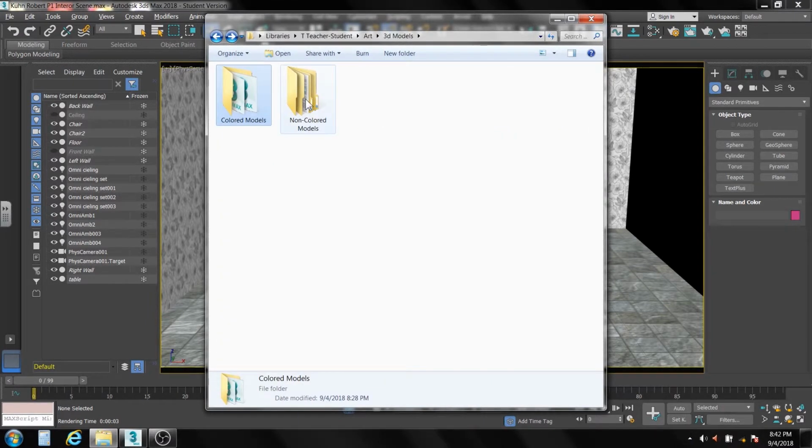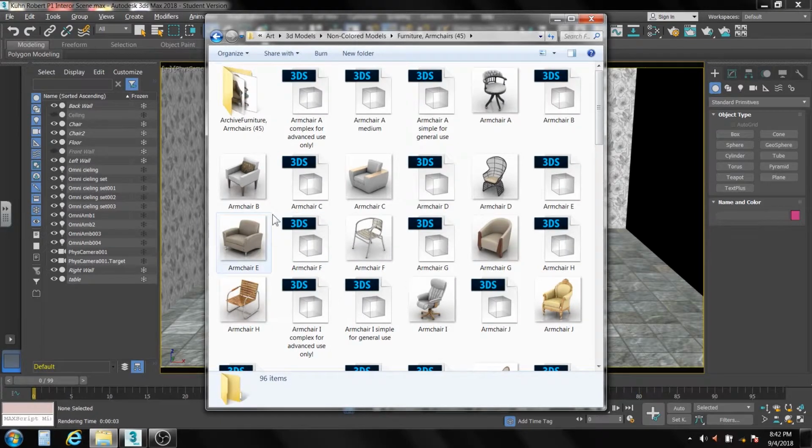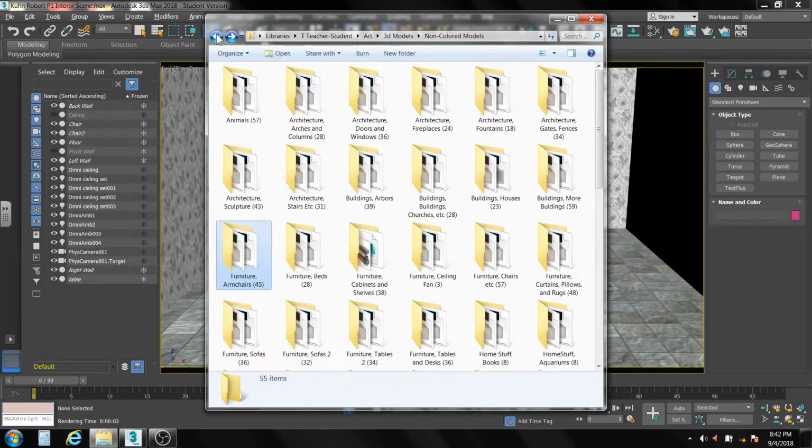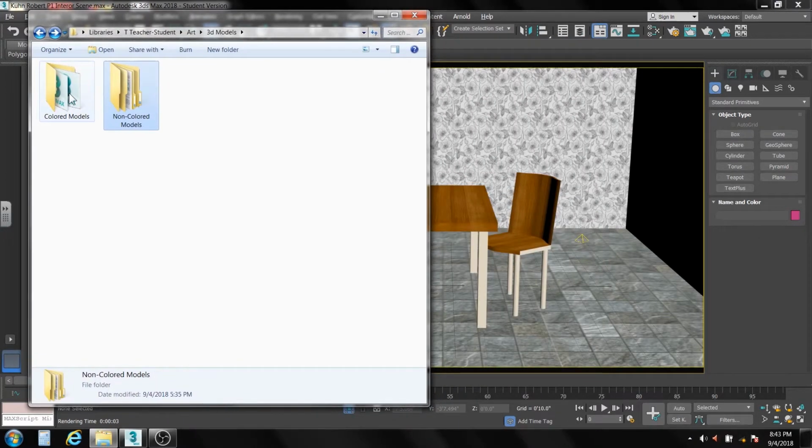In the non-colored models, things are just a little bit different in that the models will look the same, they just won't have exactly the same coloring on them. In fact, most of them are just gray. The other big difference is that in the colored models, there's a few hundred. In the non-colored models, there's a few thousand. So what you'd have to do if you used a non-colored model, you just have to put a material on it. Okay, so let's go into colored models